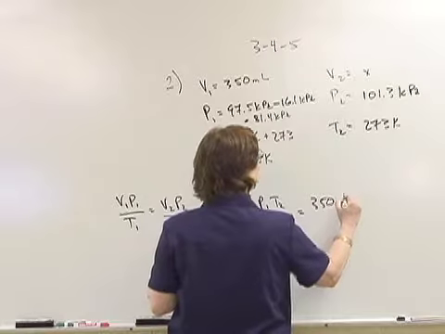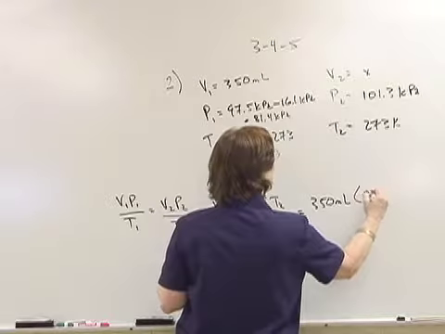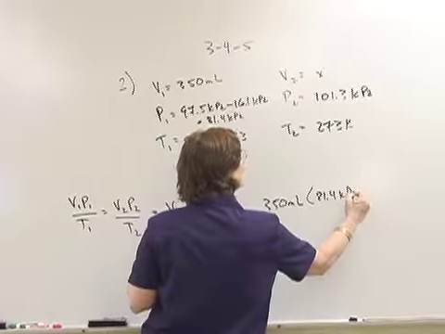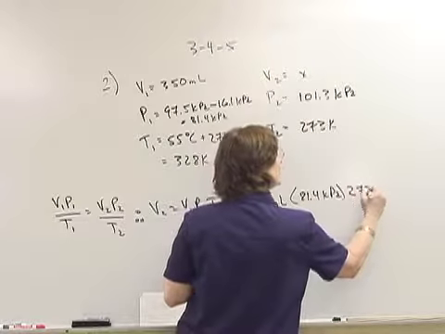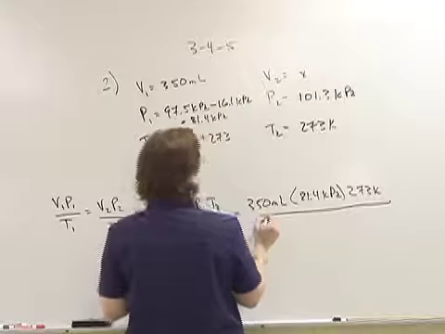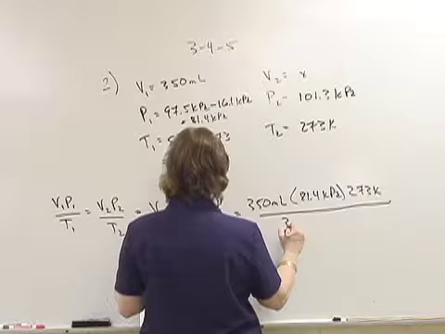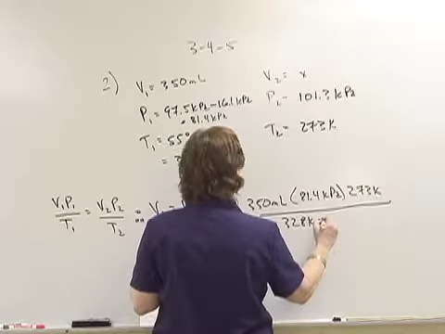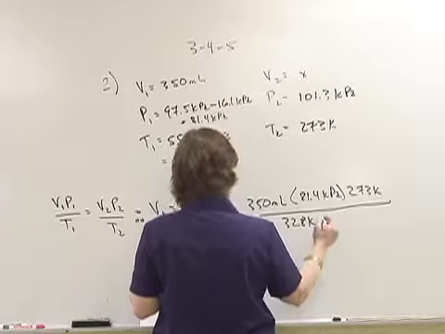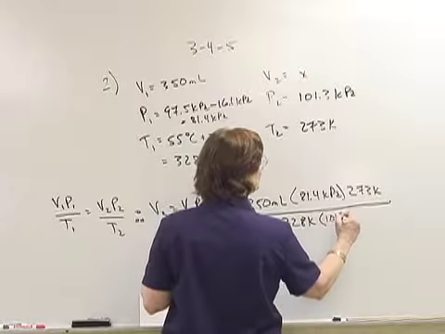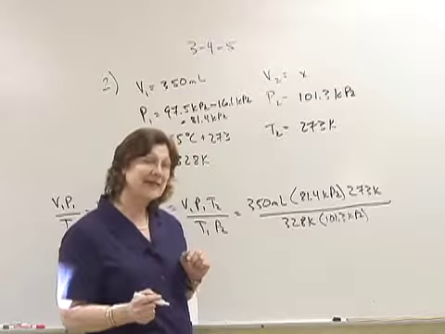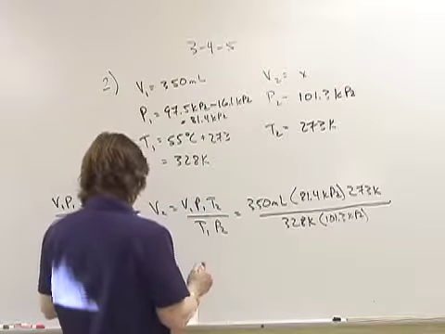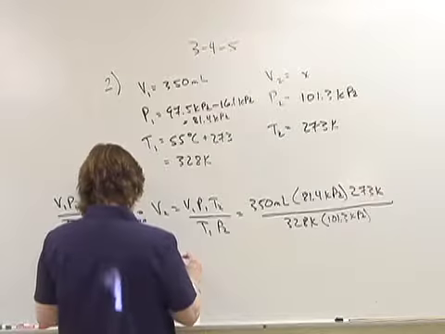350 milliliters is my V1. 81.4 kPa is my P1. My T2 is standard temperature. My T1 is 328 Kelvin. And my P2 is 101.3 kPa. We must always use the same units. And when I do the math here, I get